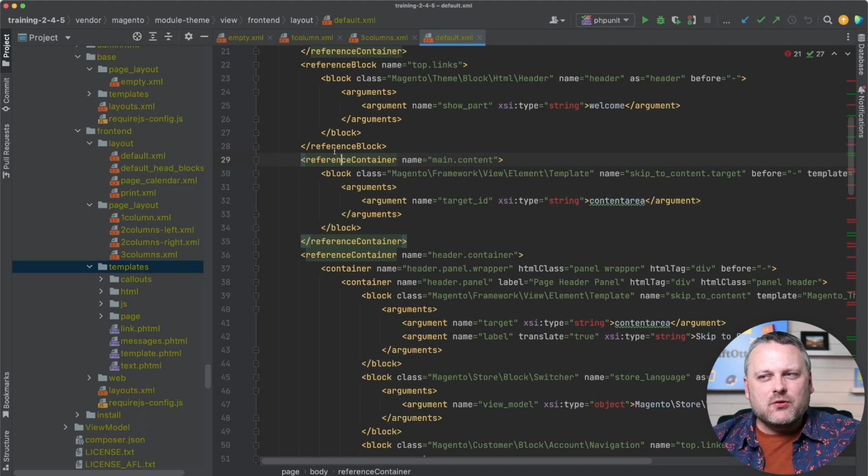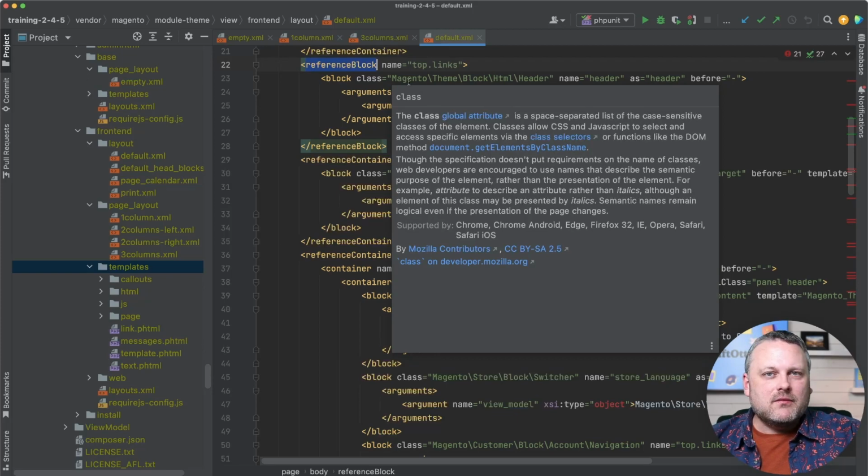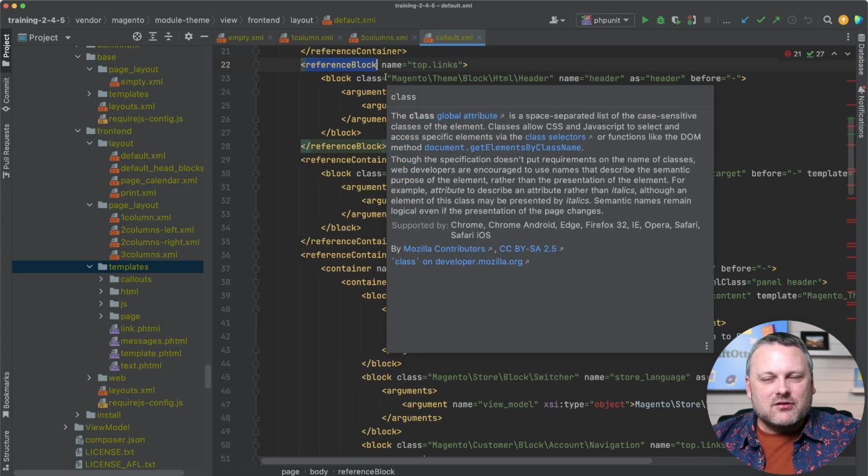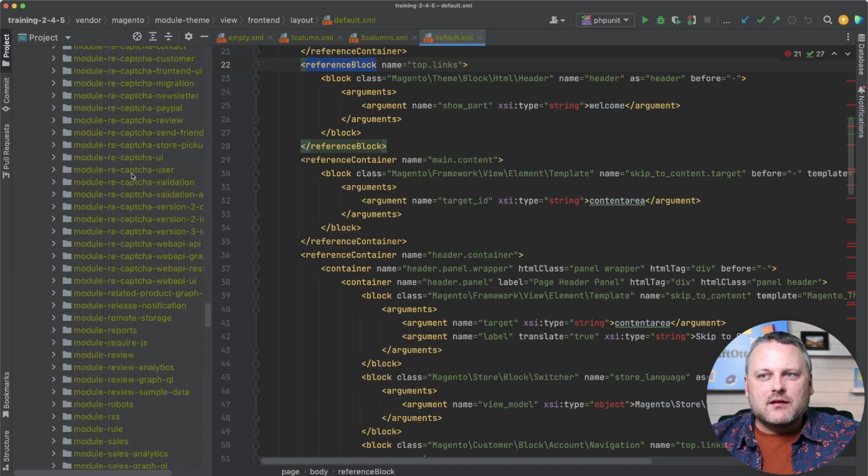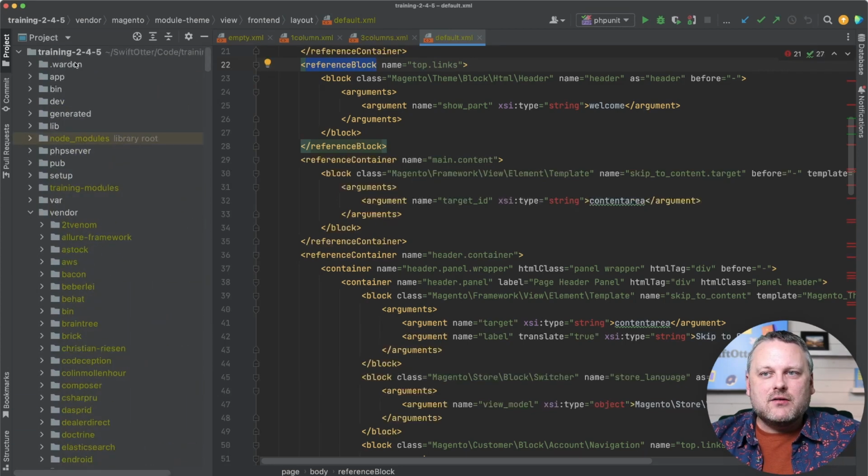With layout, we have reference block and reference container when we want to make reference to an existing block or container that was declared in a different XML file. Rather than duplicating the actual block declaration itself and its name and then nesting our layout under that, we use reference block with the name of the existing block, and then nest our layout within that. That will result in our layout getting nested under